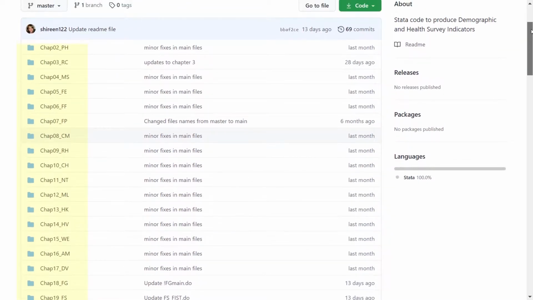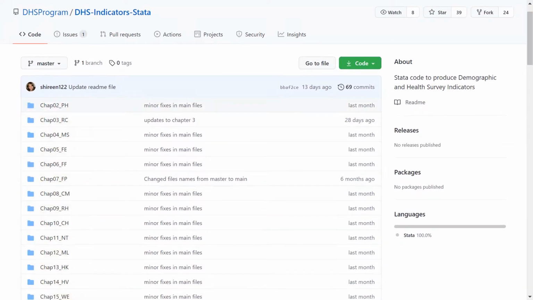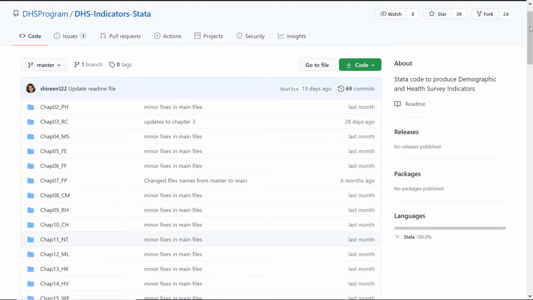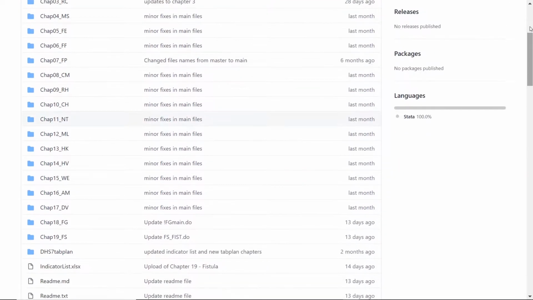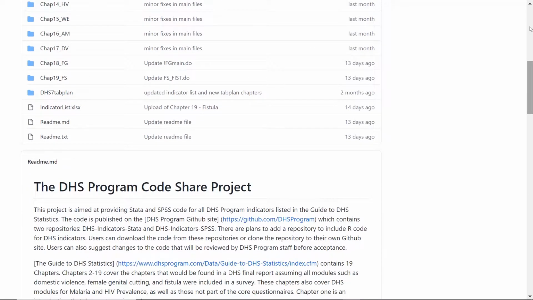These chapters are standard chapters in a DHS final report and are described in the Guide to DHS Statistics. Moving to the right, you will see a description of the last update made for the folder and the time the update was made. Scroll down past the chapter folders to find important instructions and information for data users.